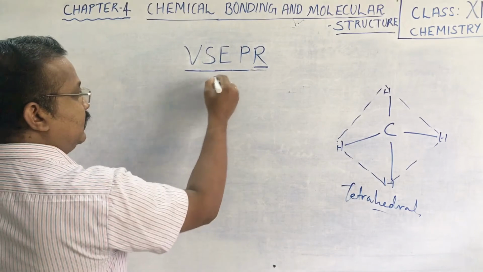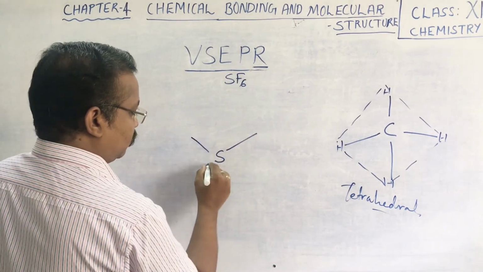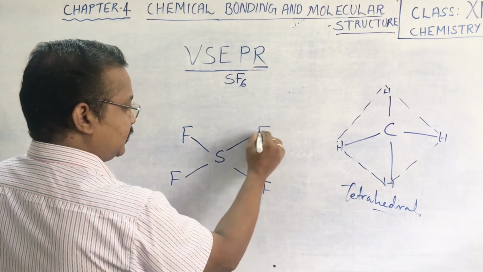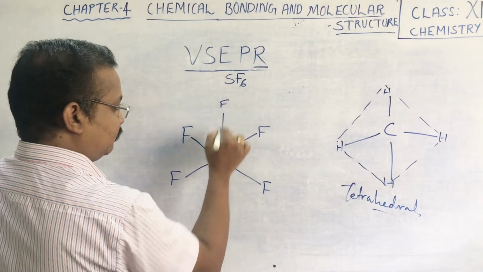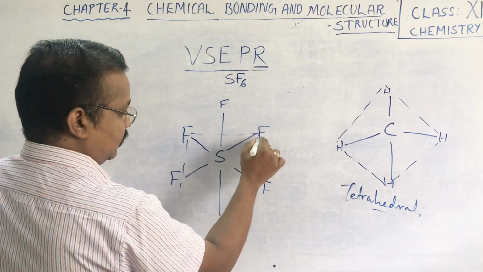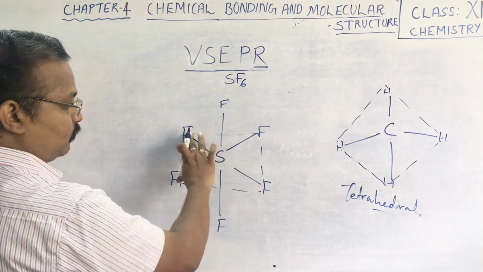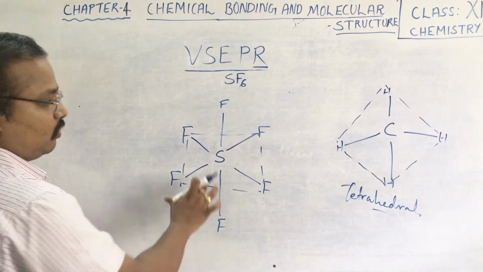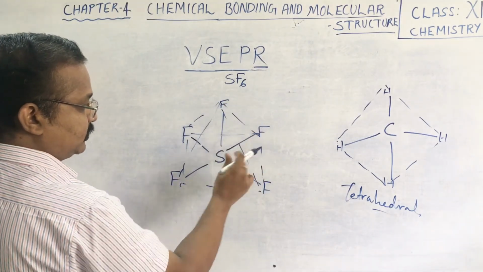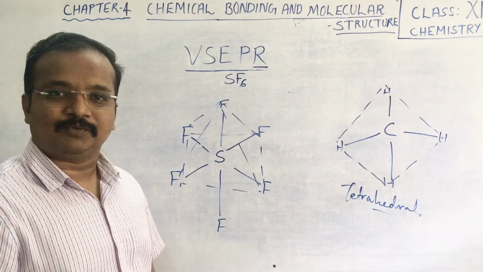Next we have the SF6 molecule. In case of the sulfur atom, 4 fluorine atoms are placed at the maximum distance in a plane, and one above the sulfur atom and one below the sulfur atom. So this forms an octahedral structure. It means this forms a structure on the plane, and this joins to all the corners. This forms 8 triangles placed around it.